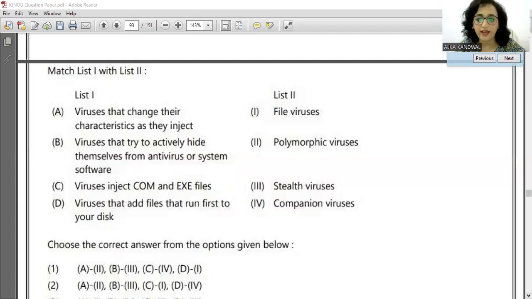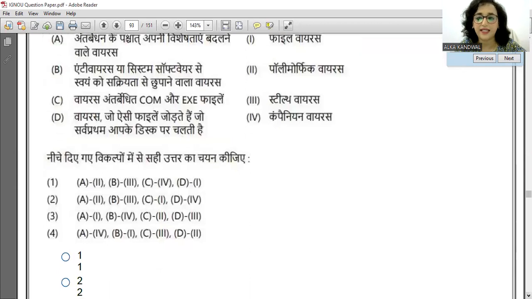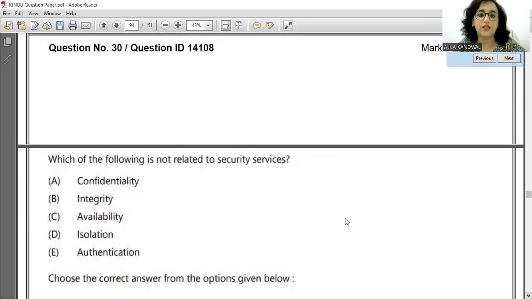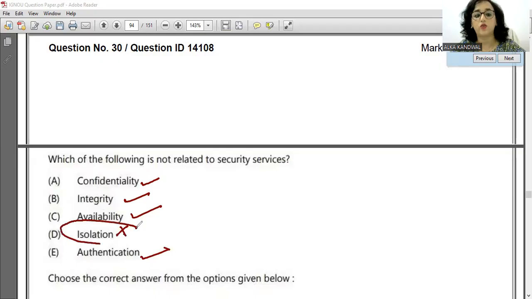So moving ahead, the last question of the day. Let us see what is the last question. What is the level of it? Which of the following is not related to security services? So confidentiality is related, integrity is related, availability is related, authentication is related, isolation is not related. So see, these were the 30 questions which were asked in the IGNOU assistant exams. And that is very, very important. So I just quickly took up this